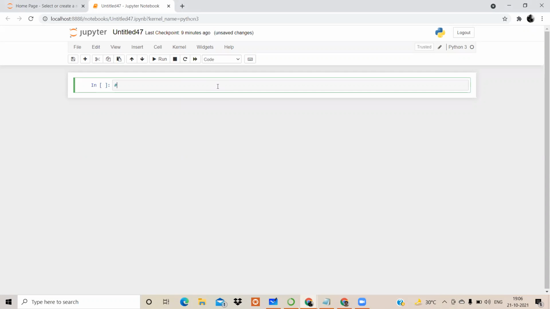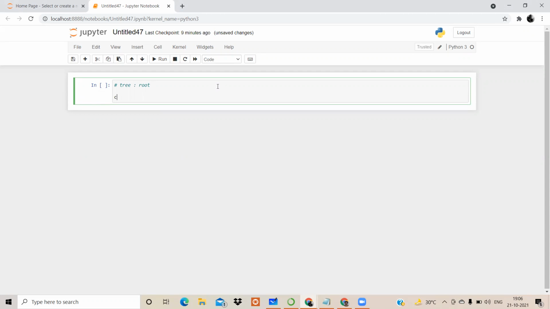So first we'll write a very simple code just to create a tree, but it should only have the root part. That's the only thing that we are going to create. For that, we are using one class. Generally, most of the times, whenever anything is created inside a tree, the class name is given either as root or as node.